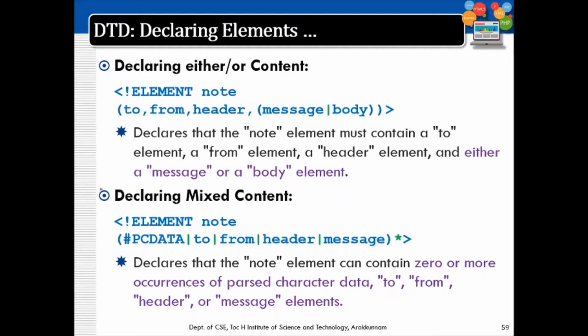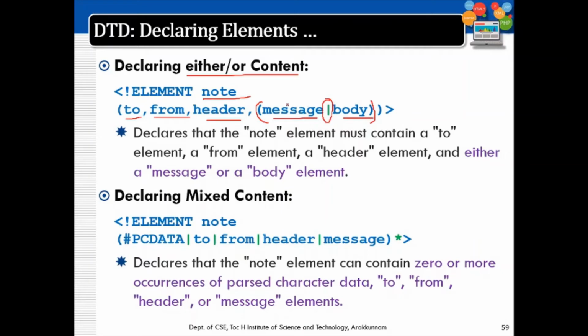These are some other modifications. We can declare either-or content, if some tag is not necessary, or if it can be any of two tags, and any one can appear. Then we can specify it using a pipe symbol. So here is an example: element note, to, from, header, and finally within brackets I can specify message or body.